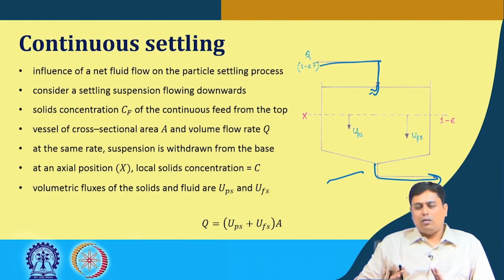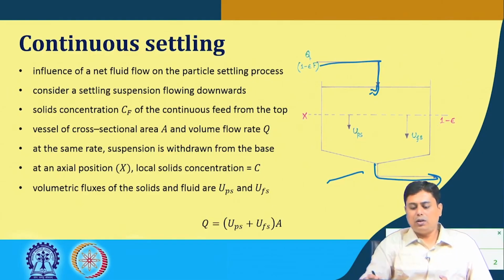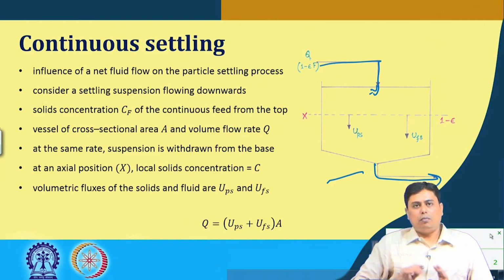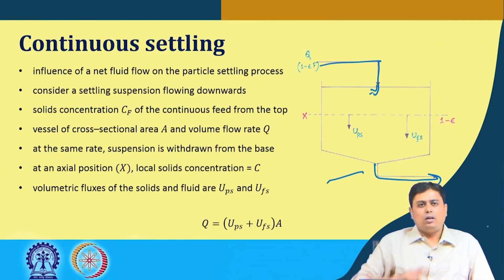Now, in this case, we consider the settling suspension flowing towards the bottom, the downward case, and the solids concentration initially was Cf, of the continuous feed that is coming from the top. If we consider the cross sectional area of this vessel to be A and the volumetric flow rate to be Q,